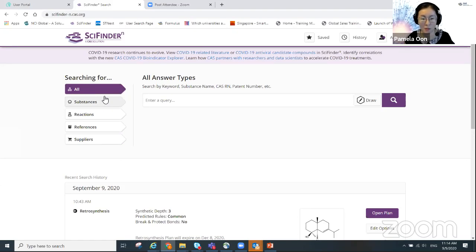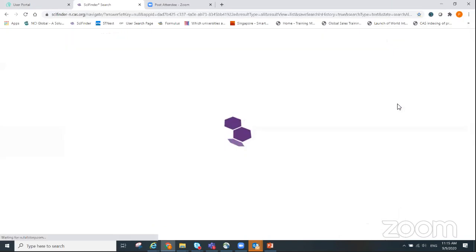And then we have the other option, which is an all search. All search essentially means we put in whatever we want to search, and we don't specify if we want it to be substances, reactions, or references. SciFinder will just run the search and try to find answers in as many of these categories as possible. So for example, if I run a very simple search on the name of a compound, the name of the drug, remdesivir,